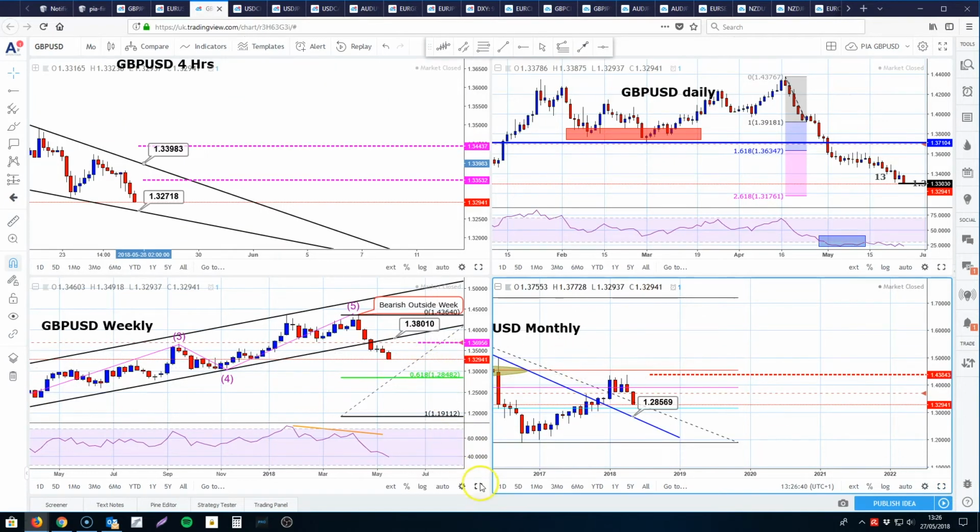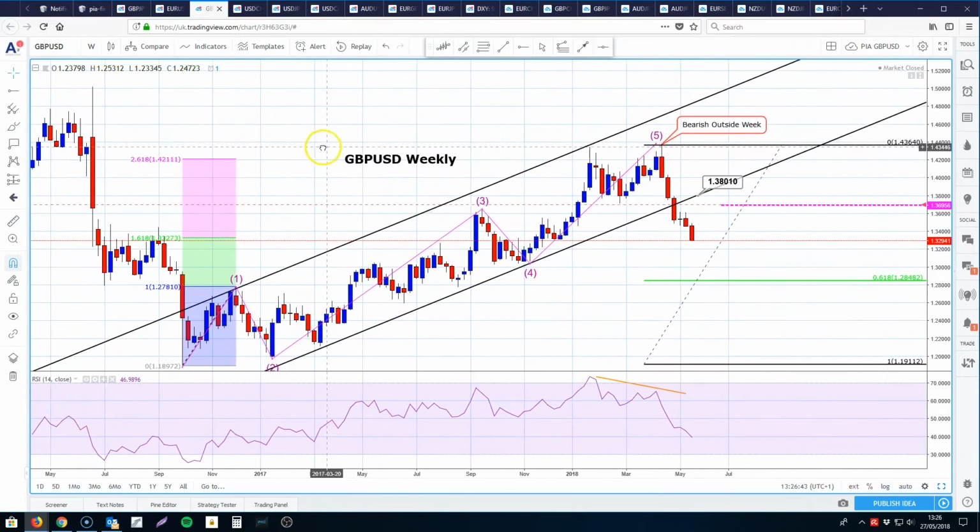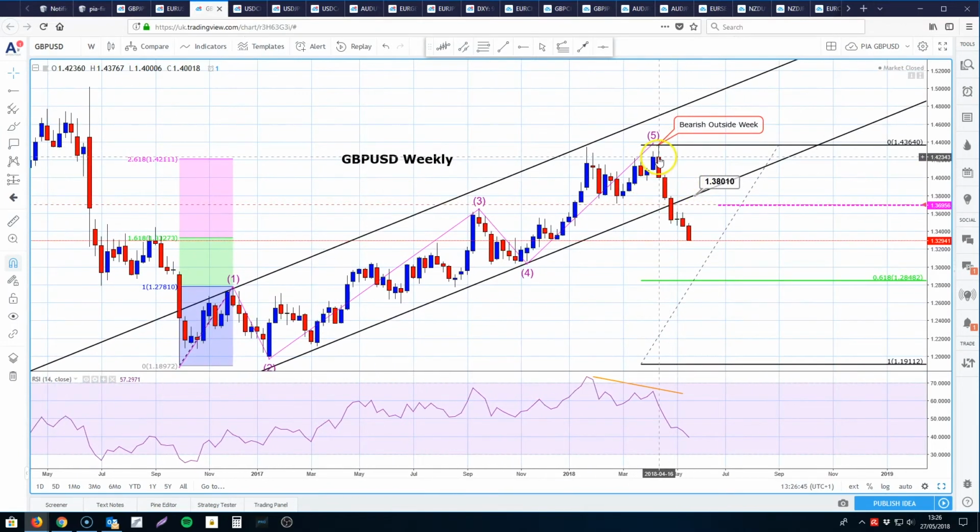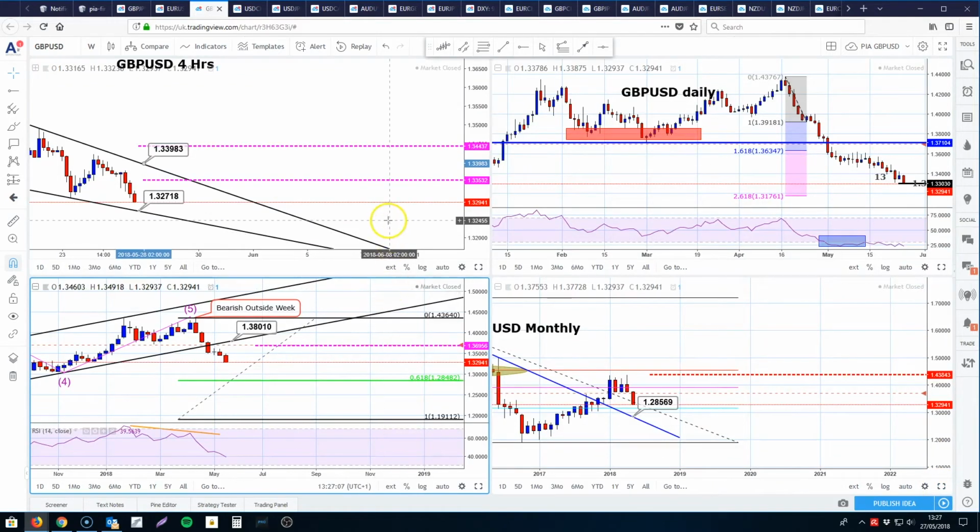Weekly chart, we've broken the channel formation to the downside. Now, we mentioned that 128.57 level. That's because it's close to this pullback level here, which is the 61.8% pullback level at 128.48. So this is our long-term target in sterling dollar. There is scope for a mild correction going into next week,